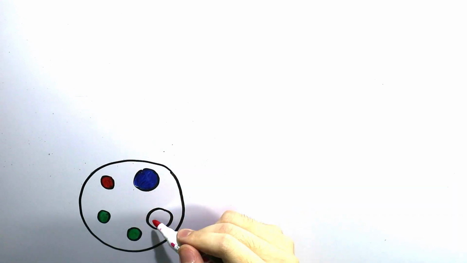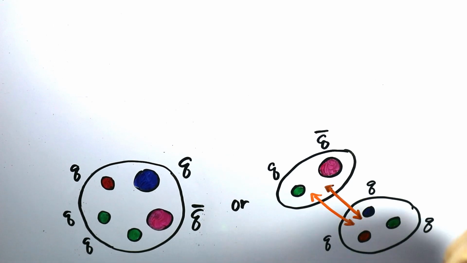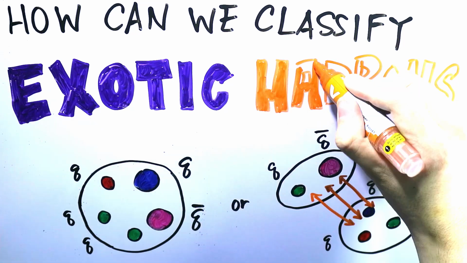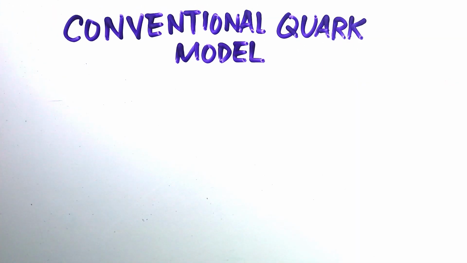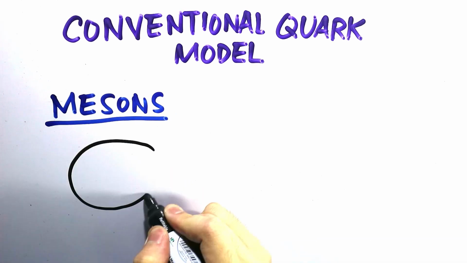It's a problem that has been puzzling the physics community for more than 2 decades. How can we classify exotic hadrons? According to the conventional quark model proposed independently by Gell-Mann and Zweig in the 60s, hadrons are composite particles, which